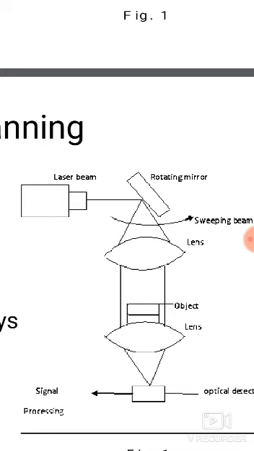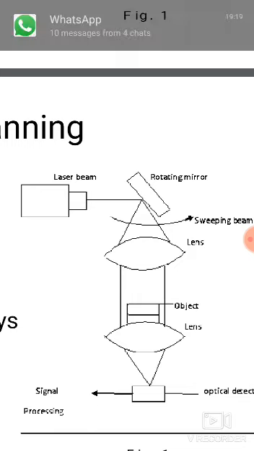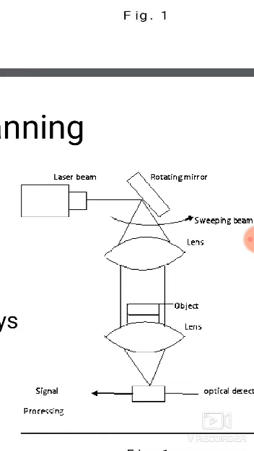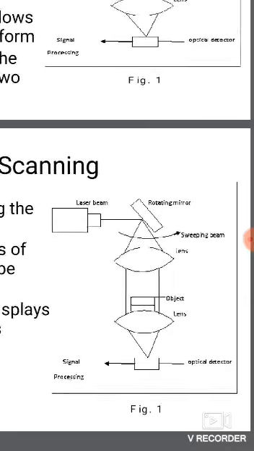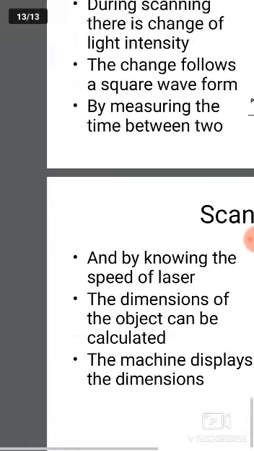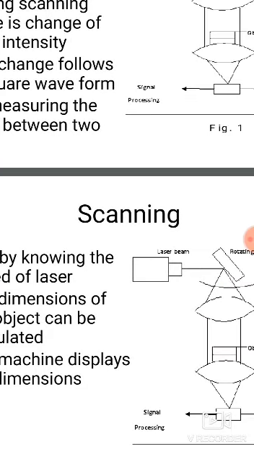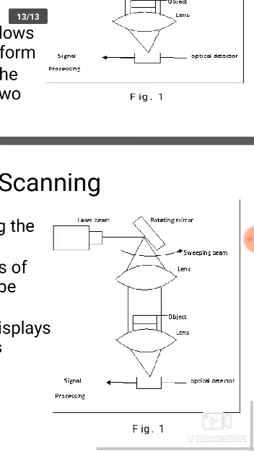The light sensor is located at the focal point. At the focal point, the light sensors are placed in the lens system to detect the interruption of the light beam. To determine how much of the light beam is falling, we keep the light sensors. As it is blocked by the object, the time lapse corresponding to the interruption of the light beam is measured to determine the desired dimensions. That way we use the scanning. So this is the operation of scanning.